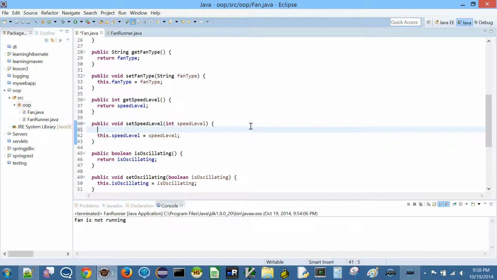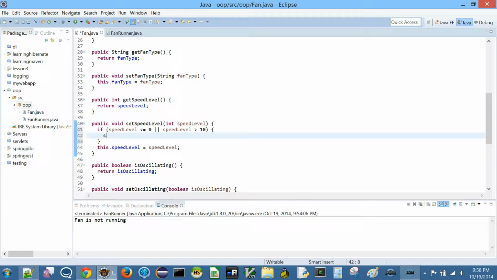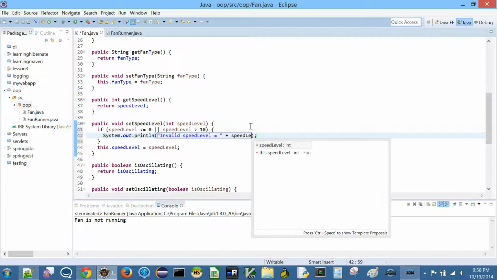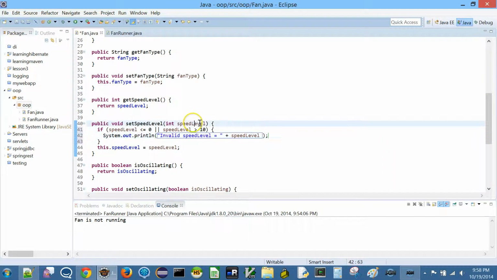So for example, same thing as num blades, we have to say if speed level is less than or equal to 0, or speed level, let's say the maximum we allow is 10, is greater than 10, then again we need to do the same thing, right? So we are going to say sysout invalid speed level equal to, and then speed level, whatever is passed. Remember, this is the argument that is passed.